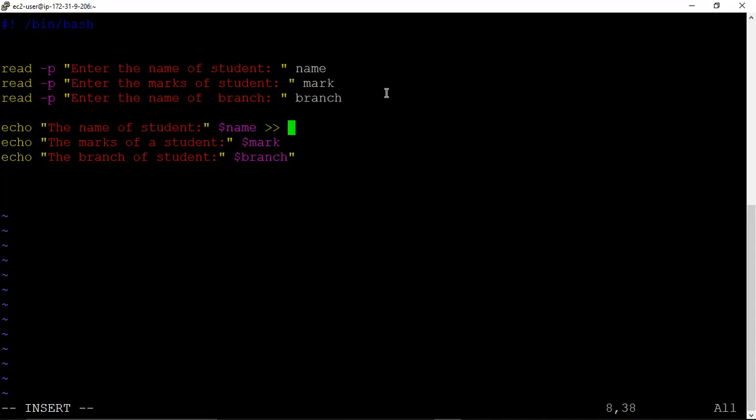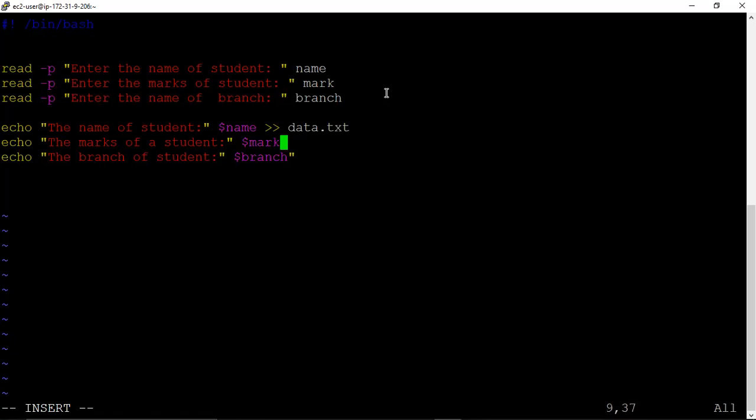Using this double redirection, we keep previous data as it is, and in the next line new data gets added every time. So we make one file, say data.txt.